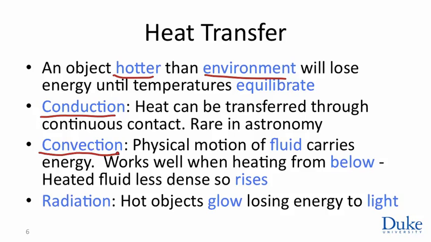None of this, of course, is helpful to the sun in losing its energy to space, because the sun is not in contact with anything, nor is there any fluid around it to convect. The way the sun loses energy to space is radiation. It turns out that every object, unless it's at zero temperature, glows, and that mechanism of energy loss is radiation heat transfer, and essentially the radiation in question is sunlight. Sunlight is the way the sun attempts to heat up space, losing energy because it's warmer,